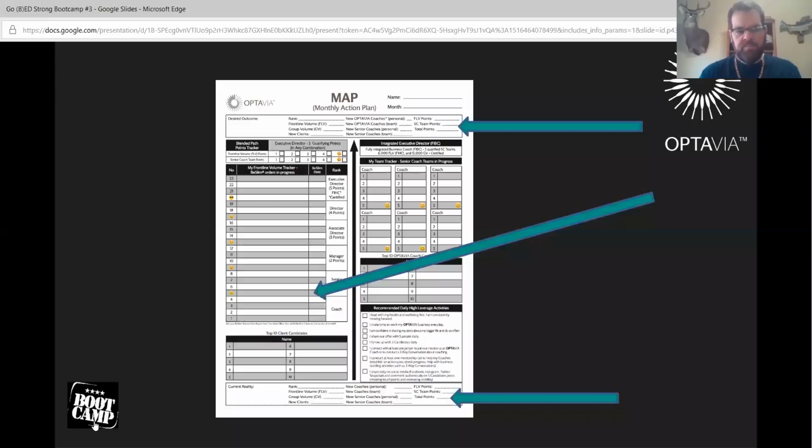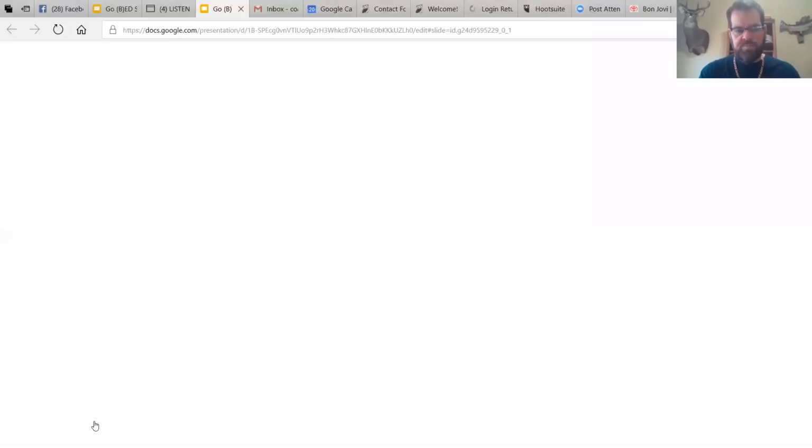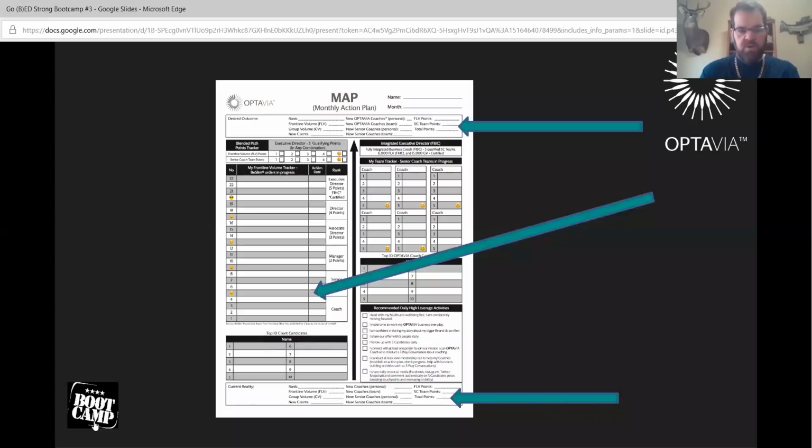You just want to keep up with these. They need to be clients with full orders. That's 22 boxes. Make certain that everyone's on track to succeed on the program and not be splitting orders up and things of that nature. And then as you bring on more clients, you're just going to fill in those blanks. And as you fill in the blanks, you're going to move up the scale. And then when you've hit 8 clients and you hit your 9th client, you're going to be a manager. And you're ranking up. So that's kind of what we want to keep track of there for the frontline volume tracker.